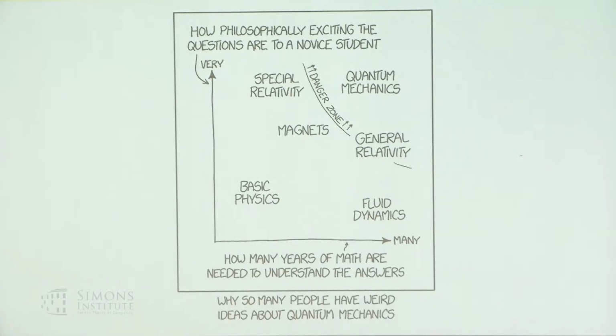On the x-axis, number of years of math needed to understand the answers. The y-axis happens to have philosophy, which we see around a lot, particularly in Berkeley, if you're ever walking around campus. But the things that I'm going to mostly talk about today are going to be related to quantum mechanics, but I'll also talk a little bit about fluid dynamics, and how the methods that we use on the machine learning side can be quite synergistic with each other in terms of the different types of problems that we typically look at.